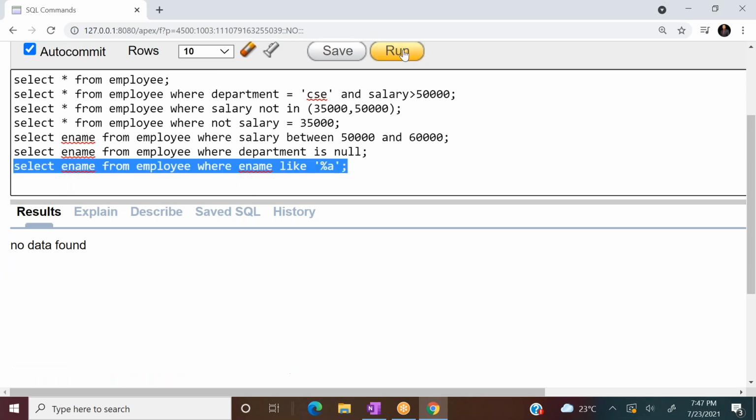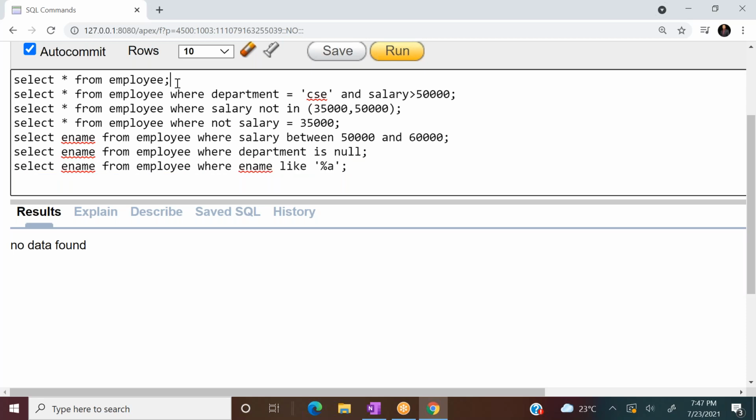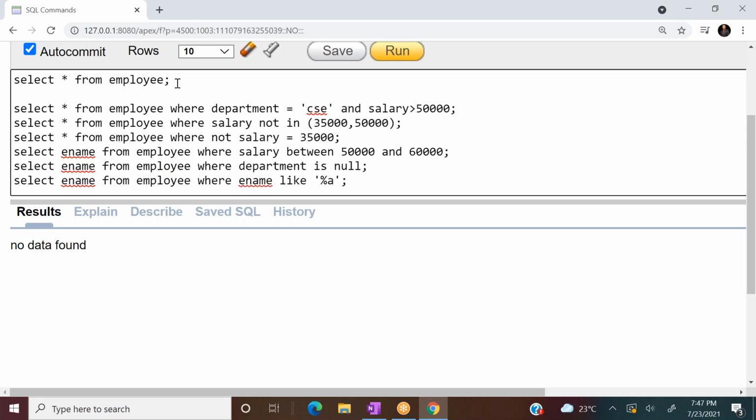Click run. No, I'm not getting any data. Okay, very good. Can anyone tell me, because Narendra and Teja end with A, but I'm not getting an output for Narendra and Teja. What mistake went wrong? Where did I get a problem? Now I got a problem with respect to domain.